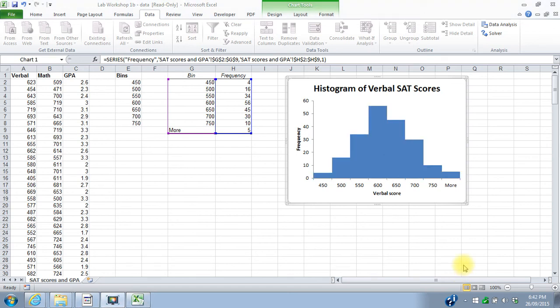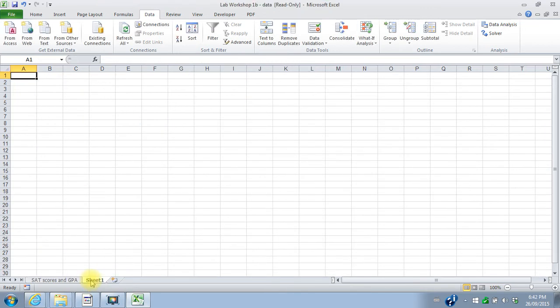Okay, in parts 2, 3, and 4 of the Lab Workshop 1B, we're going to apply statistical models to some business problems. So let's open a new sheet in this workbook. There, we've got a new sheet. And our first problem says that you have a house painting business and you're going to run a telemarketing campaign